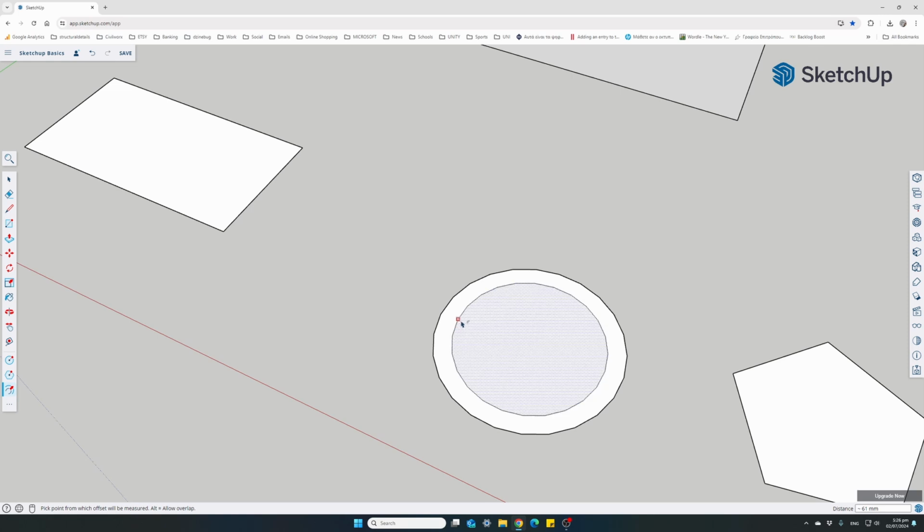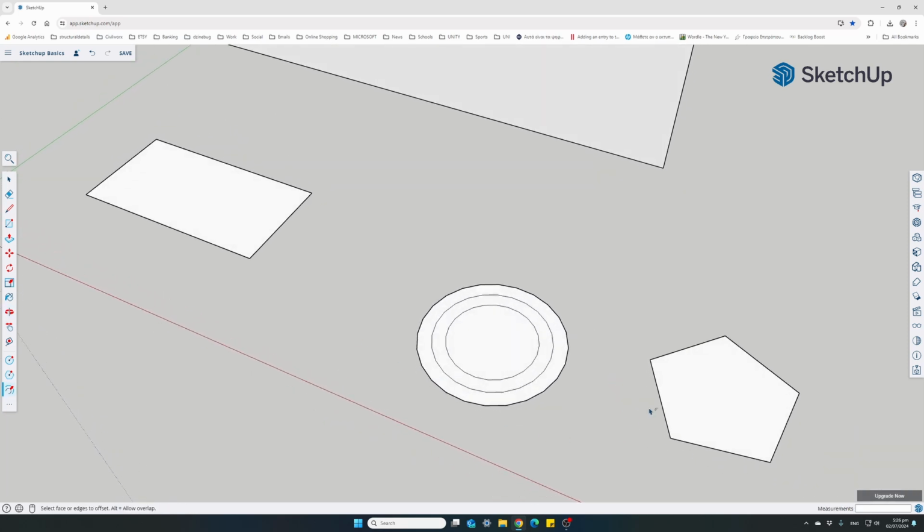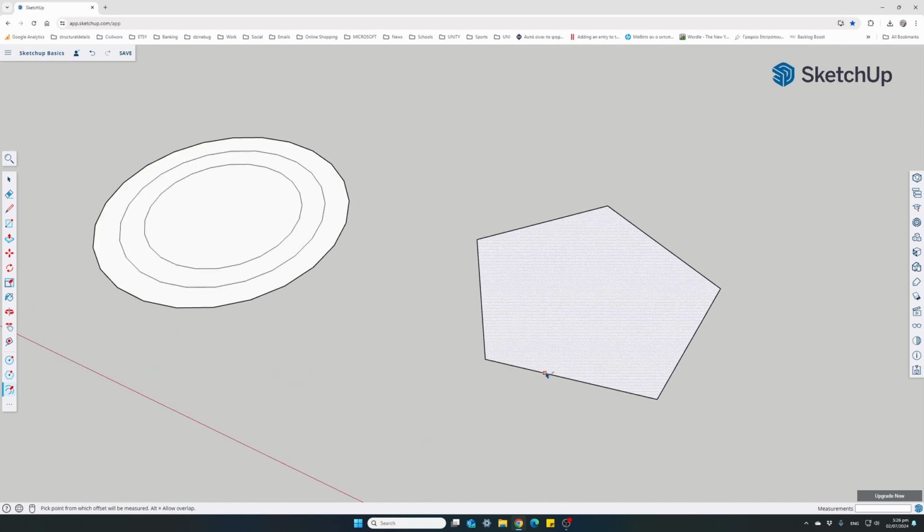Let's do this again. Towards the inside, click on the initial line and move towards the inside and click again. Let's do this for the polygon. Click on the outside perimeter line, and now this time, instead of using our mouse, I will use actual